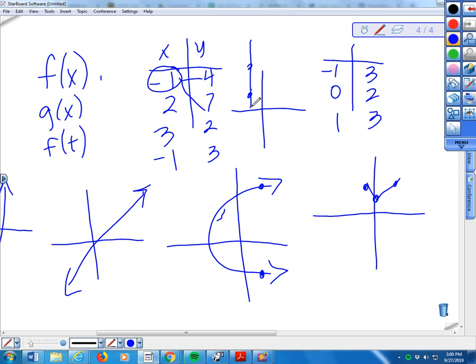And all that means is that one x is mapped to one y, not more than one y. It's just a special relationship. Okay, when I'm given an equation,